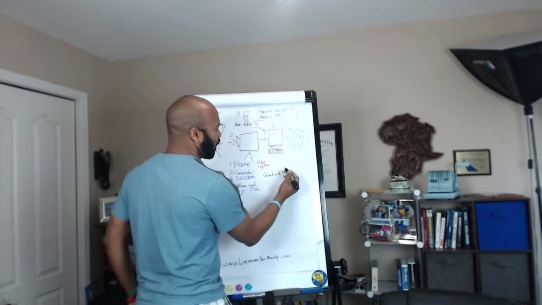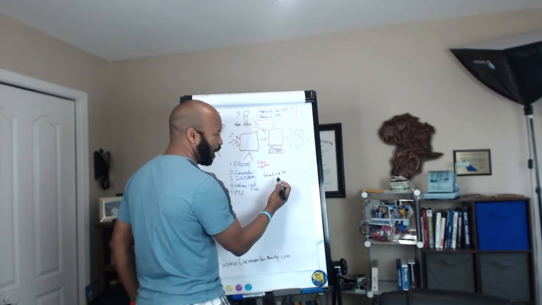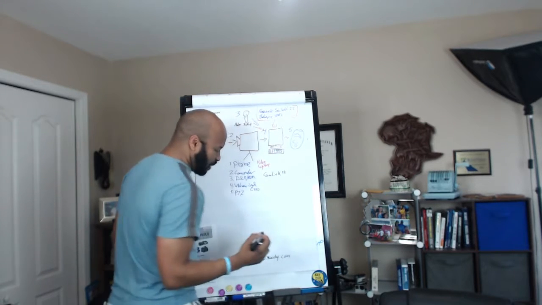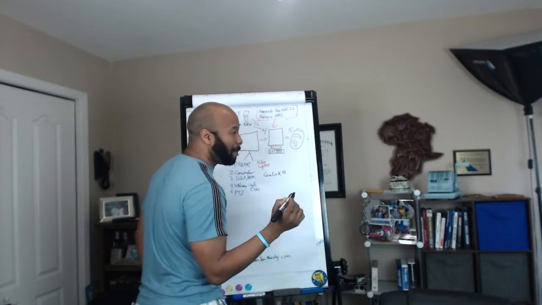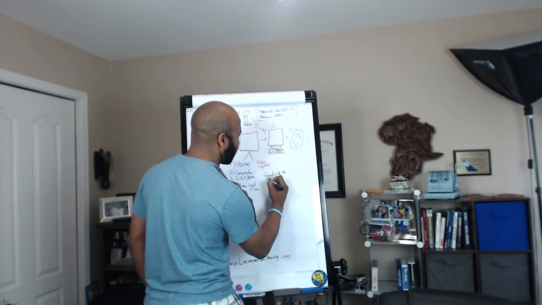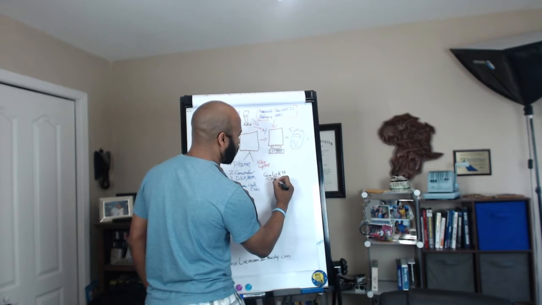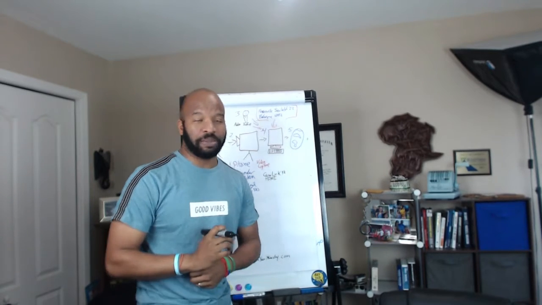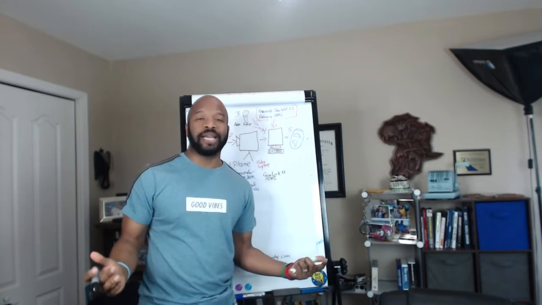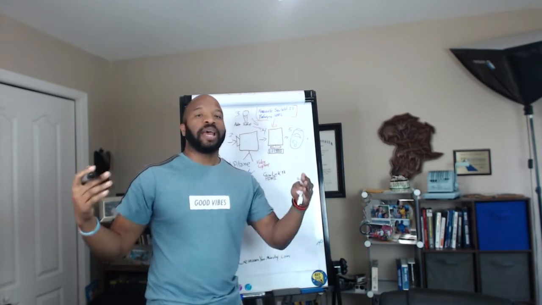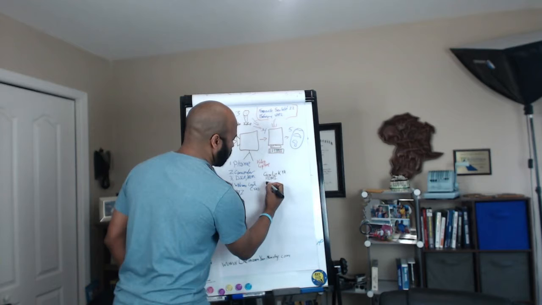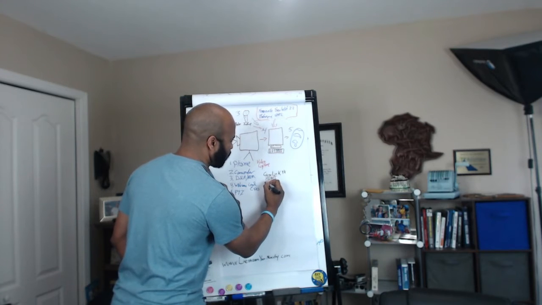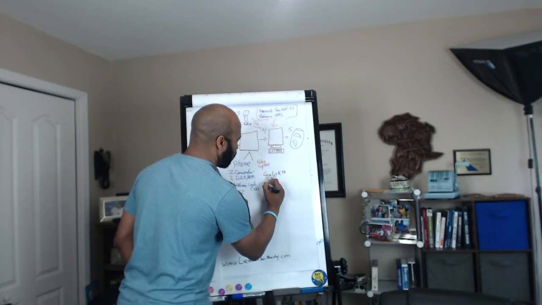And I recommend the Cam Link 4K. It will work, but it only works with HDMI, right? Which is fine because most of your cameras, most of your DSLRs, have an HDMI out, right? And I'm going to show you what that looks like in a minute. The other thing that you have is, what's it called? Blackmagic.